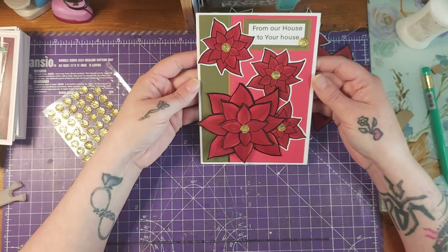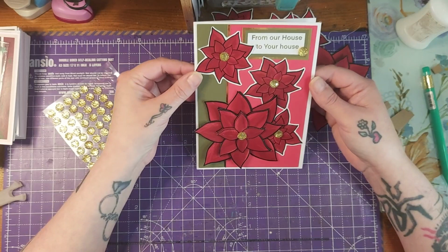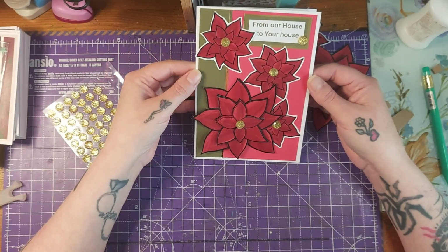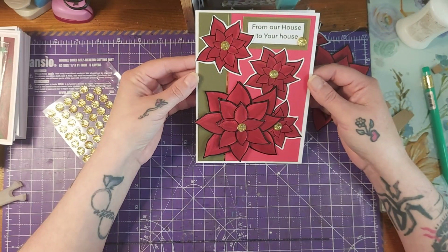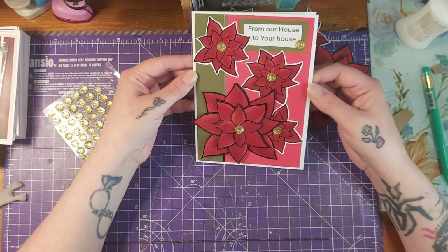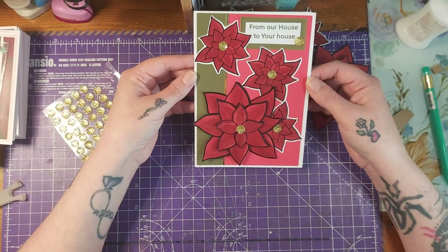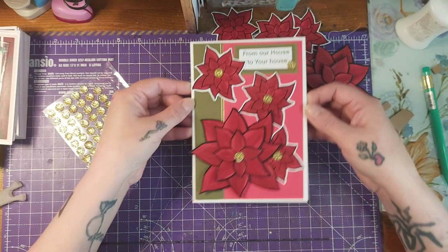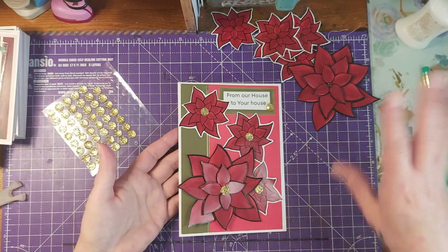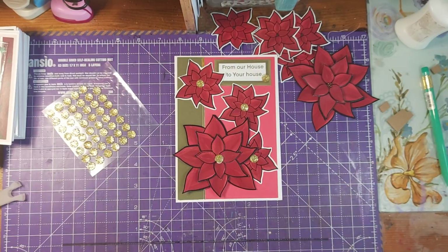There is my gorgeous card made with the beautiful poinsettias from Dawn's Winter Wishes kit. Beautiful. Like I said, I'm not too sure if you can buy these separately, but I will find out for you and I will link it. Oh, that's gorgeous. I love how simple it is. Yeah, I love that. I think I'm going to make another one the same, different background but the same. Not on this video. I think one's enough for now,